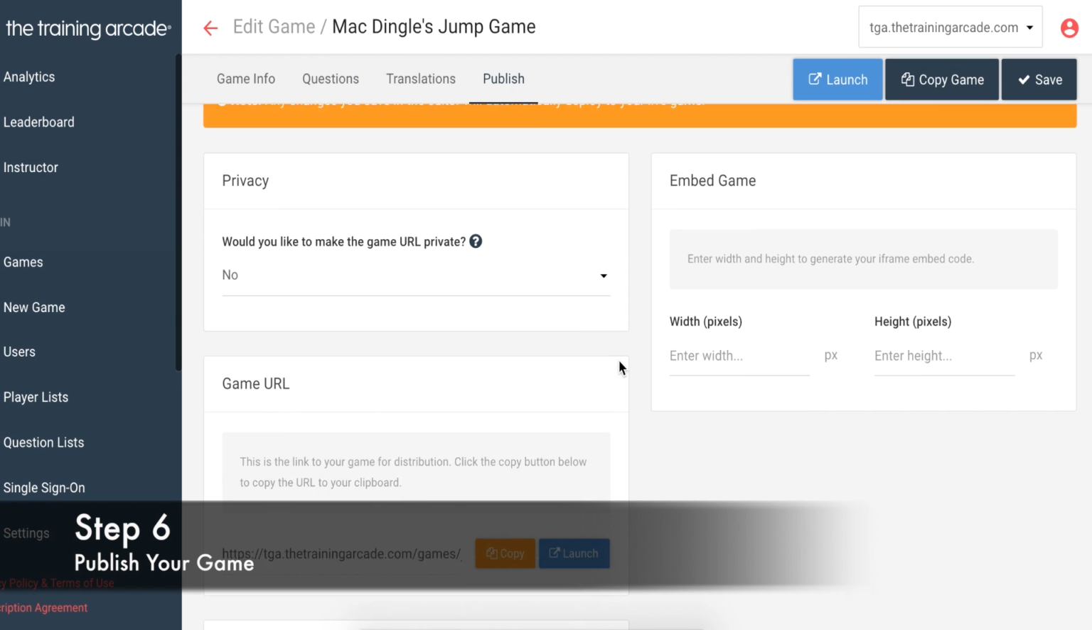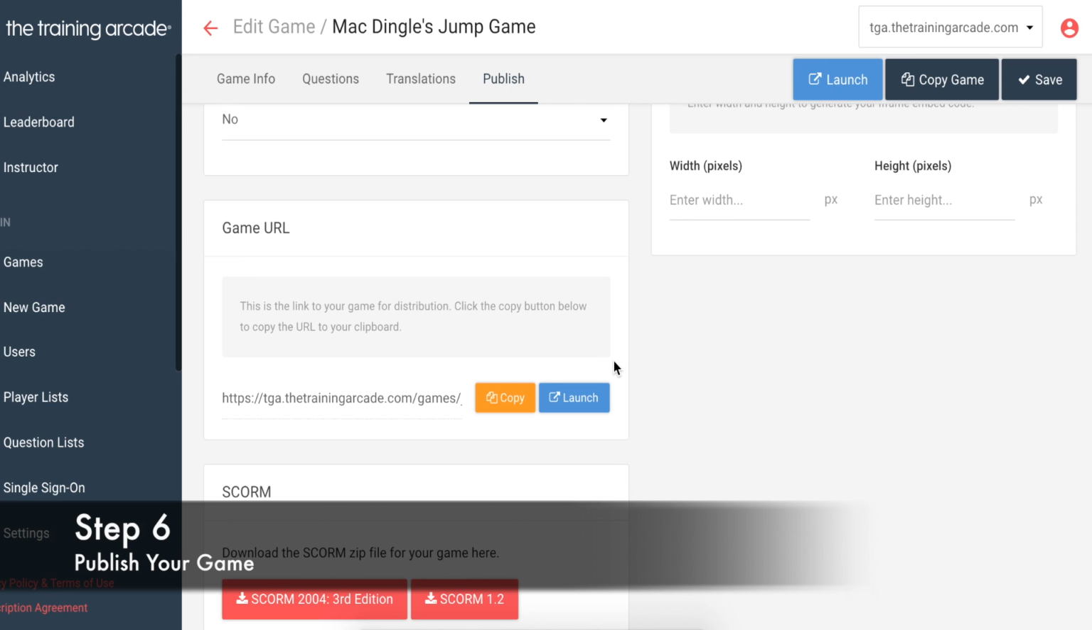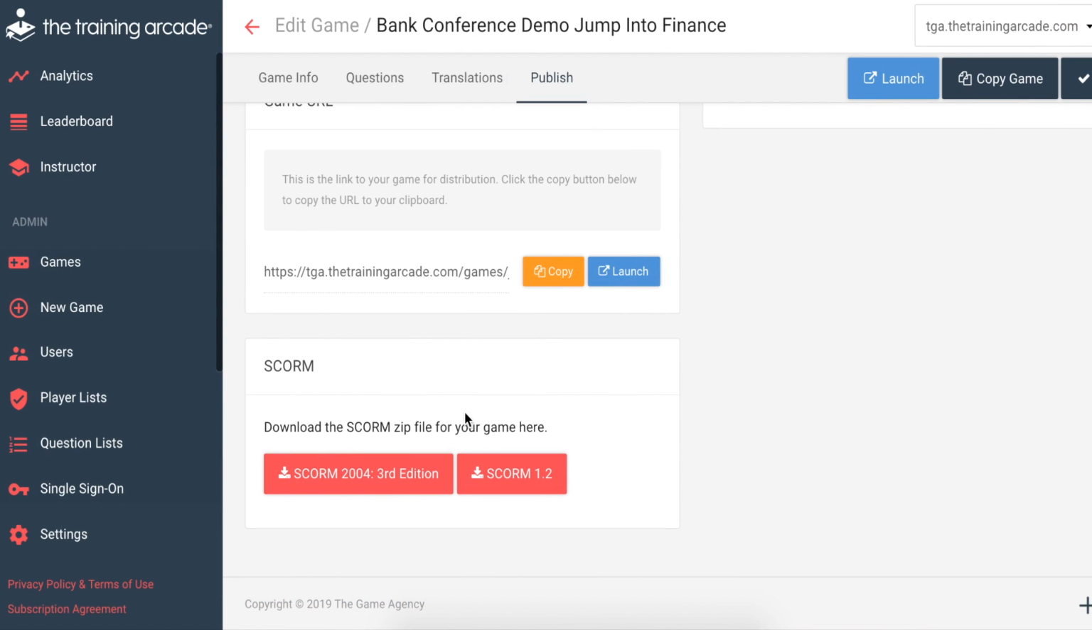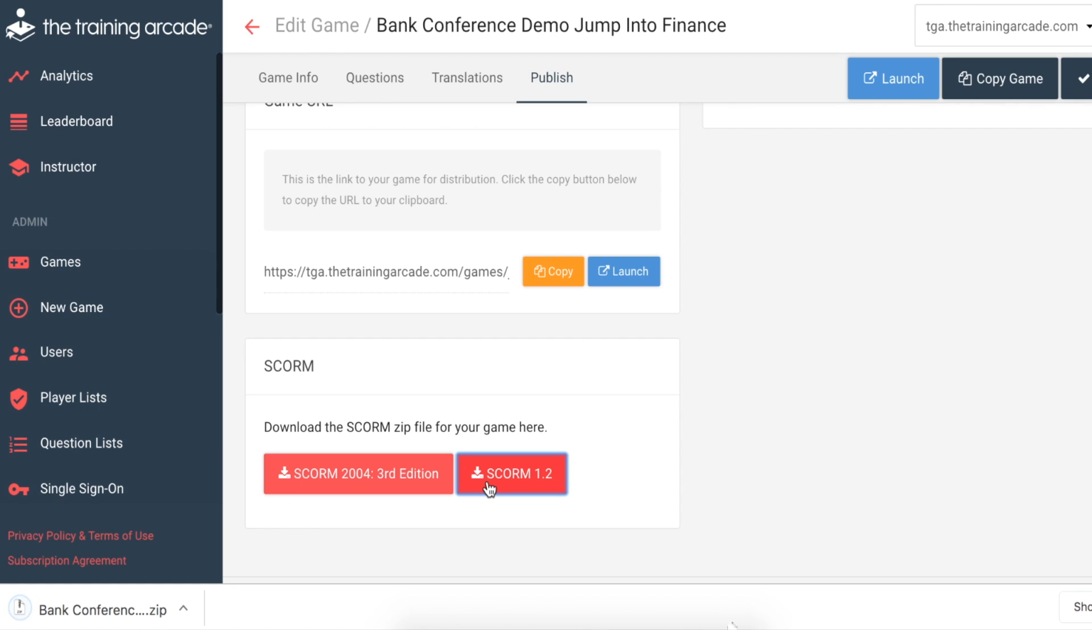Step 6. Publish your game to your learners a dozen different ways to ensure they can use it through e-learning, at a live event, or through blended learning. You also have the option to download your game as a SCORM package to easily integrate into your existing learning